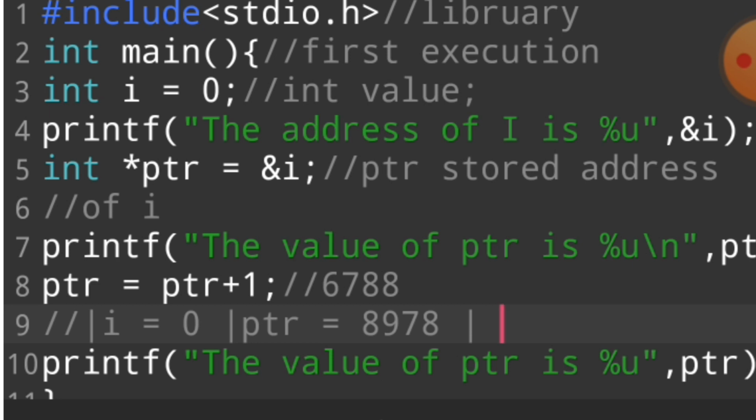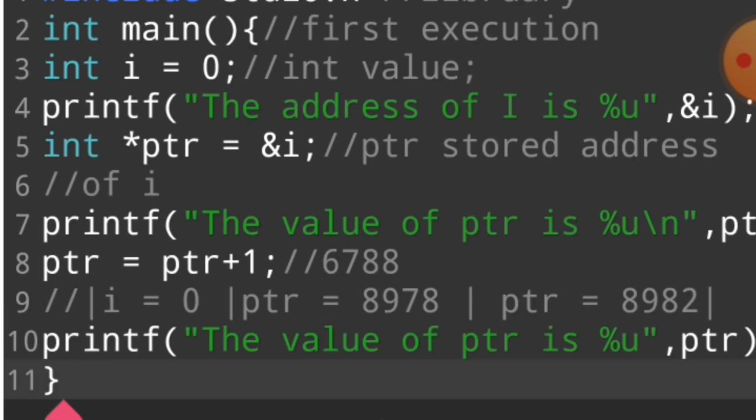As we know that an integer takes 4 bytes, so 8978 plus 4 is equal to 8982. So the address becomes 8982 and is printed. I hope you understand this topic very well.